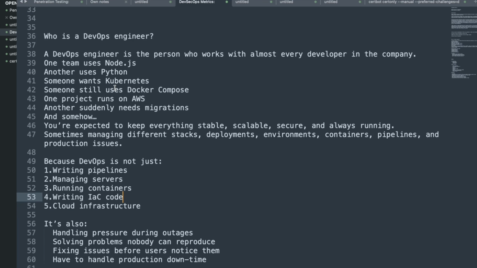What is DevOps? Instead of asking what is DevOps, ask yourself who is a DevOps engineer. A DevOps engineer is the person who works with almost every developer in the company, because different teams use different stacks. One team uses Node.js, maybe another uses Python. Someone wants Kubernetes, someone still uses Docker Compose, one project runs on AWS, another suddenly comes and they want